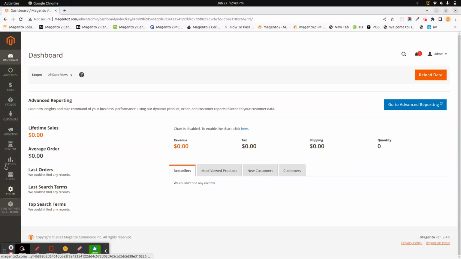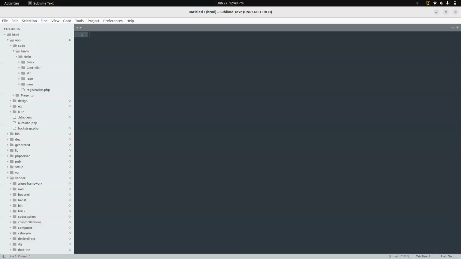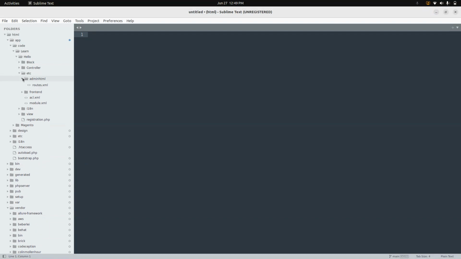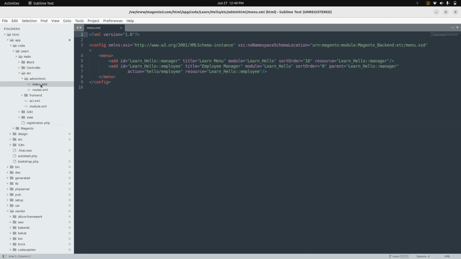Here are some menus. So how do we create them? I already have one main directory, Learn, and module name, Hello. Inside the etc folder, we have one directory, adminhtml. We can create the adminhtml directory, and inside the adminhtml, we can create menu.xml, and in this XML file we can define the main directory Learn and module name Hello,